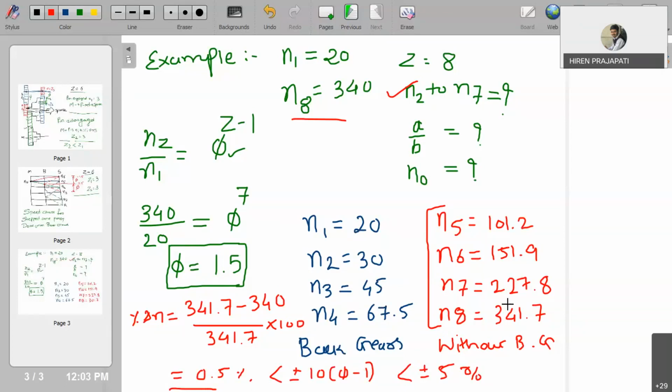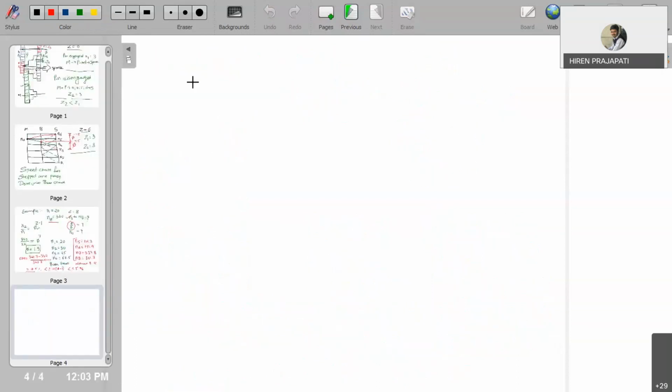Okay. Now next we need to find out the gear ratio of back gears. To explain that, first I need to draw a ray diagram, then that would be easy to understand. So let me draw the ray diagram now for this arrangement. Again, this drive is with back gears, so we'll go for three vertical lines, because three shafts are there.